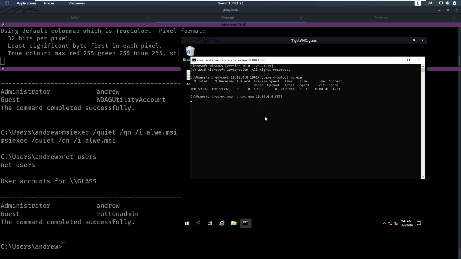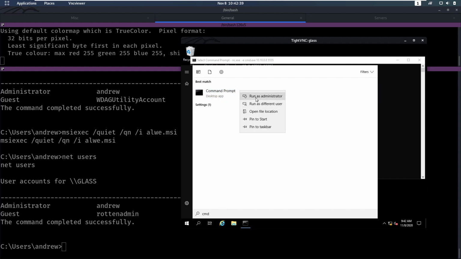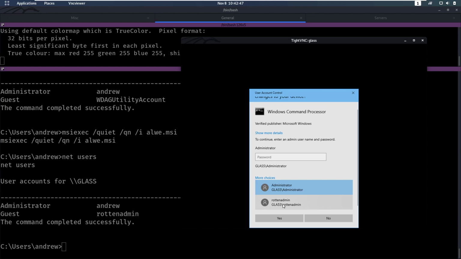And now we want to get a shell here as this user, or as administrator, because this user is part of the administrators group, because that's what our msfvenom payload does. So let's search for CMD here, and if we right click this, we can run as administrator. And we'll notice it's going to ask us for the password for administrator, which we don't have. But if we go down here to more choices, we will see that our user here, rotten admin, is now a part here. So now we can supply the password 123, that we put into the msfvenom payload. And if we say yes now,